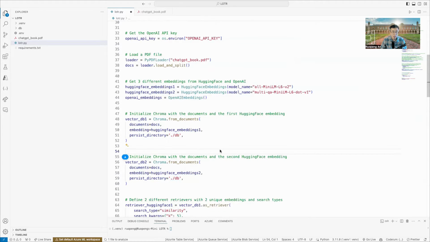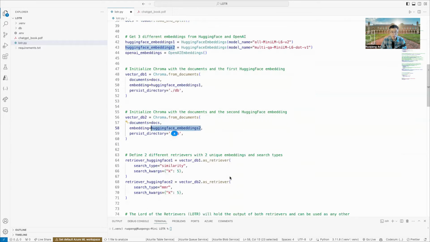And by the same token, I initiate the second Chroma vector database using the second Hugging Face embedding. The syntax is exactly the same, except here I use Hugging Face embedding 2. After that, based upon the two vector databases, we can define two different retrievers using unique embeddings